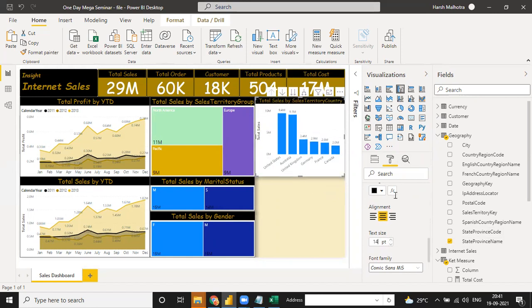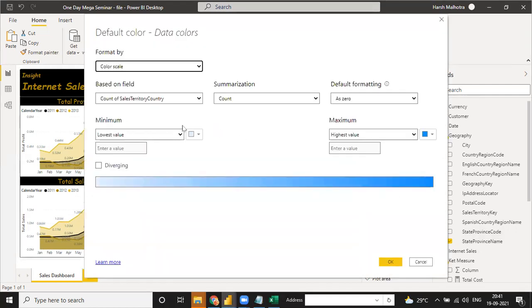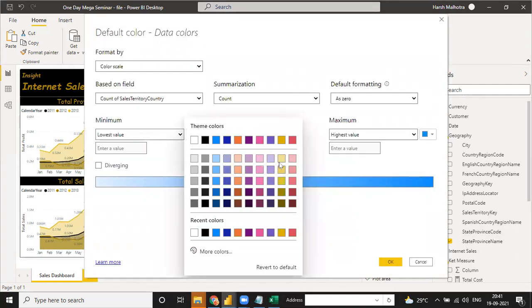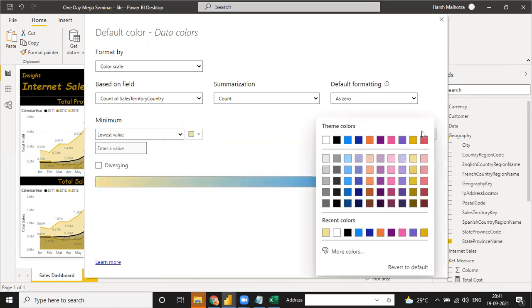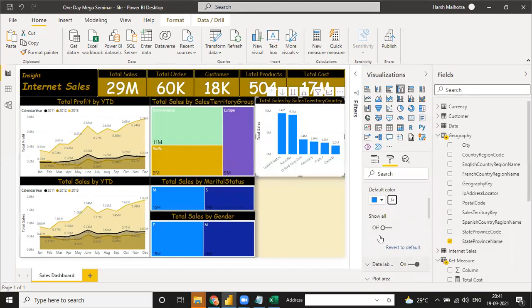And now change the data color for this. You can also use conditional formatting if you know about it. Click on the fx function, and for the lowest value, suppose you need this color for lowest and this color for highest, then your range is this. If you want a diverging scale for this, but I don't need it, click on just OK. See your sales value, country of sales, 1 to 5, like United States.